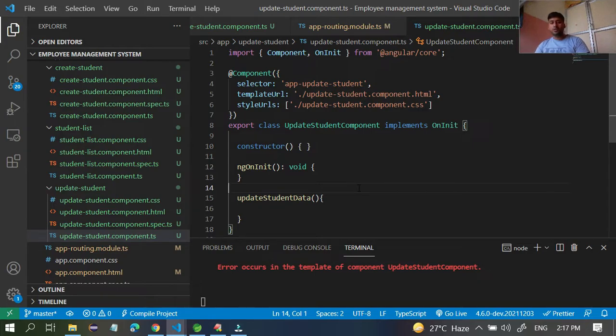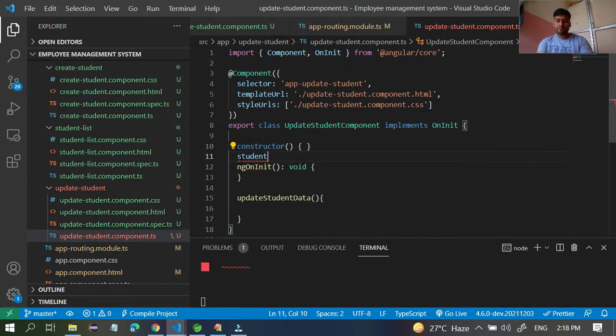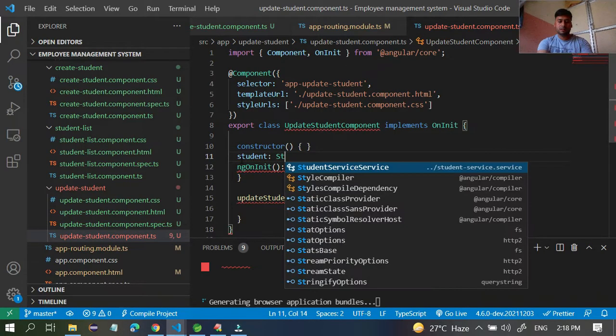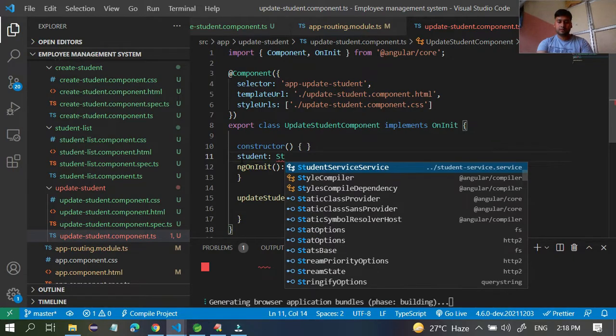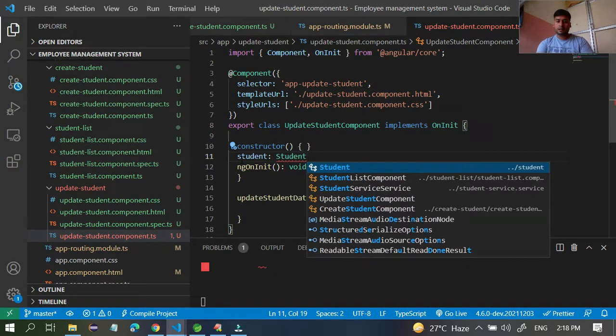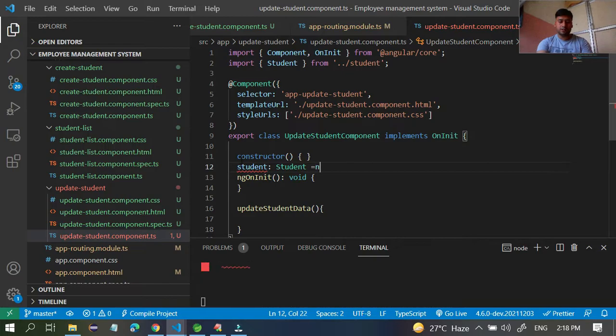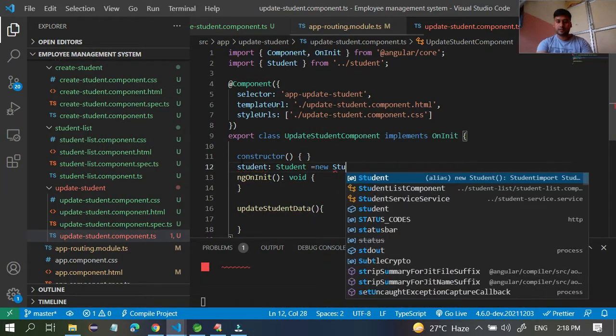And one more thing, in this form we are reading one data called student data. So you have to create one student object. So student equal to new student.